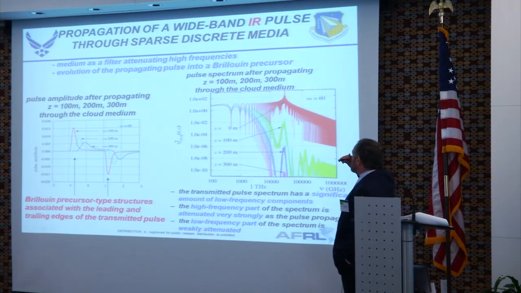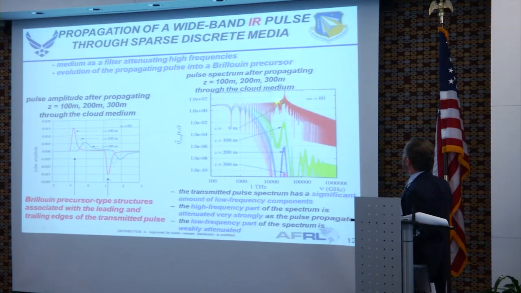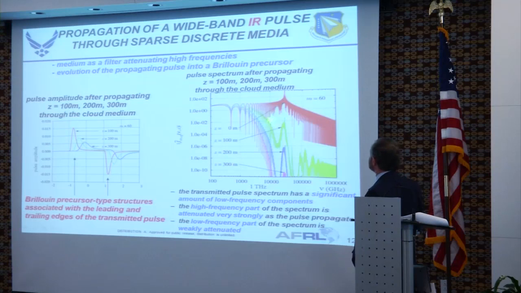And what's happening in the clouds is that the cloud does a very interesting thing. Here's the original spectrum. It's peaked at 30 terahertz. And it of course has a lot of spectral content. But as you go deeper into the medium, for example, this is what happens with the carrier frequency, the 30 terahertz. It's almost not there, but these side bands are there, and they're very strong.